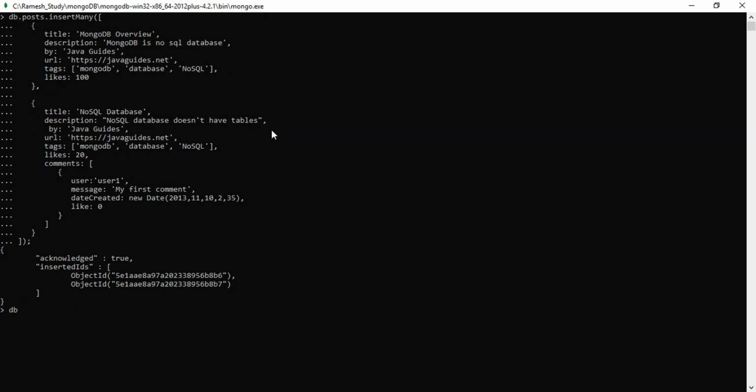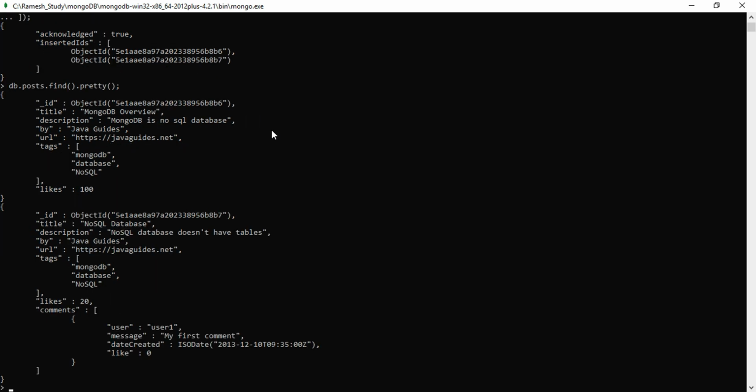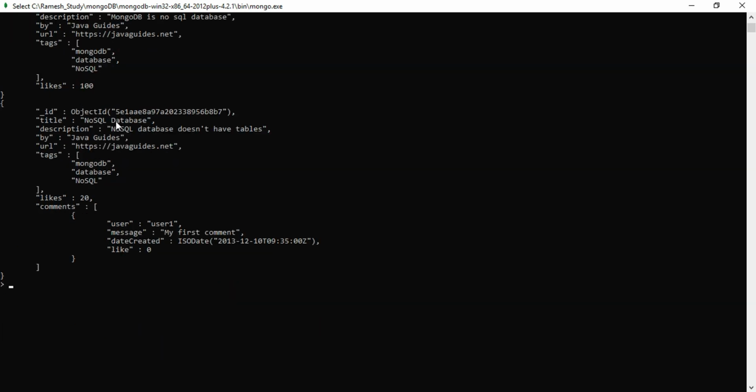And just verify it: db.posts.find().pretty(). Yeah, here we go. So we have inserted two documents into the posts collection. Now what we'll do,